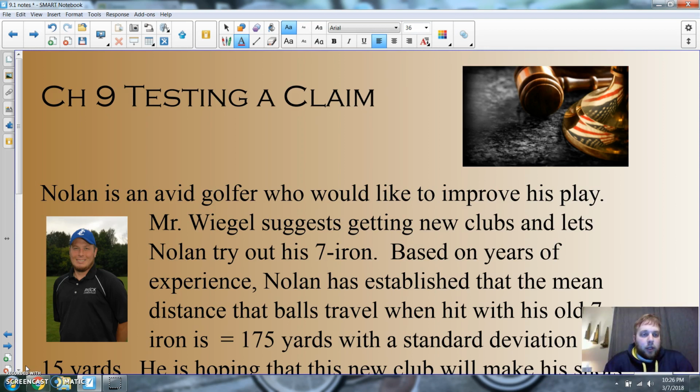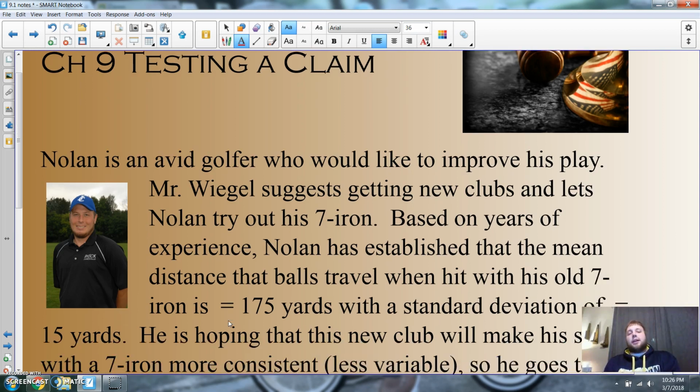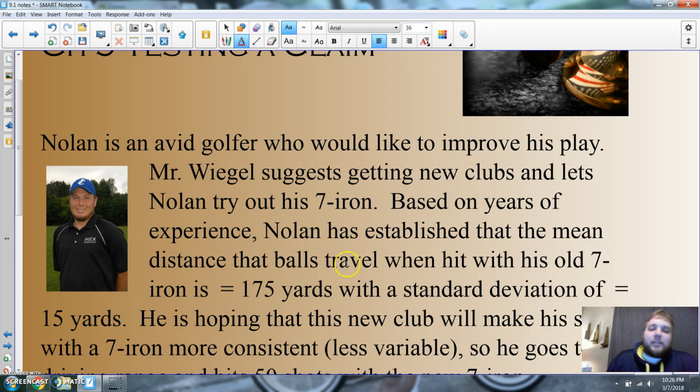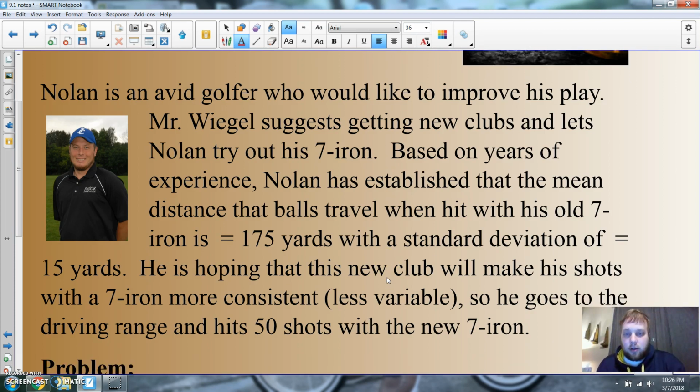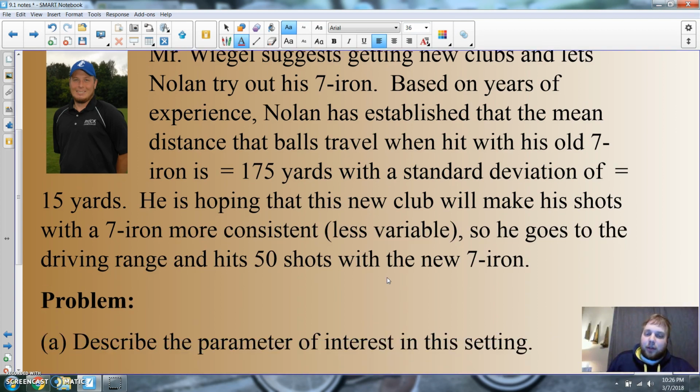Alright, here we go. Continuing on with our hypothesis significance test. Our next situation says Nolan is an avid golfer who would like to improve his play. Mr. Weagle suggests getting new clubs and lets Nolan try out his 7-iron. Based on years of experience, Nolan has established that the mean distance the ball travels when it is hit with his